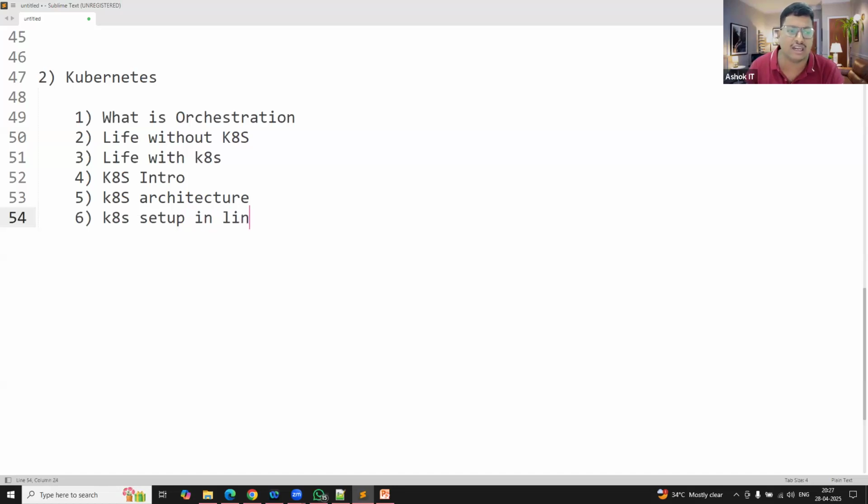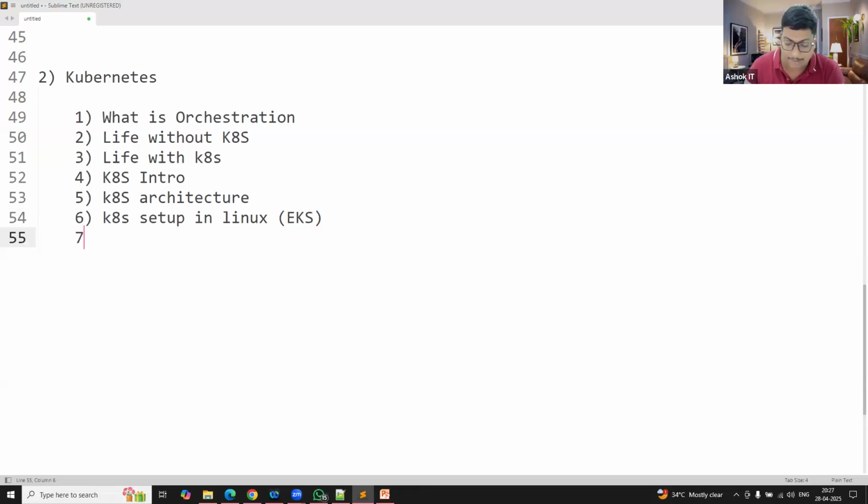This is also on Linux, using an EKS cluster. In real time, people will set up Kubernetes in the AWS cloud or the Azure cloud by using provider managed services. There is a service called EKS in the AWS cloud. By using that, we are going to set up a Kubernetes cluster.